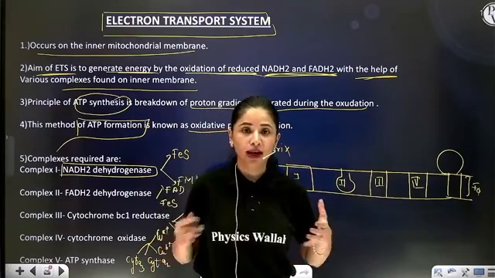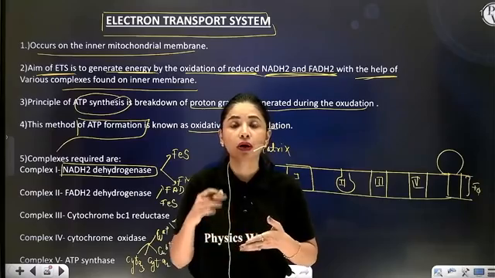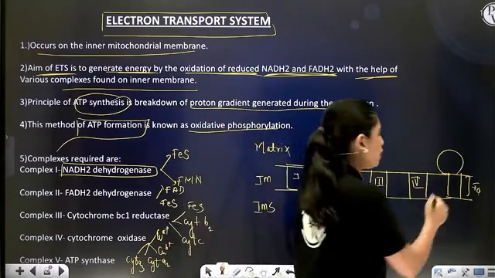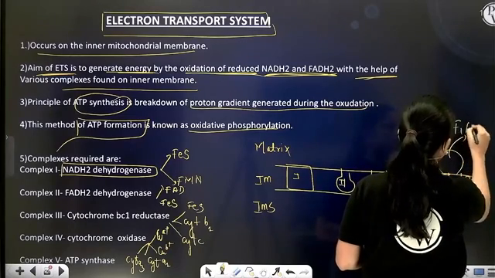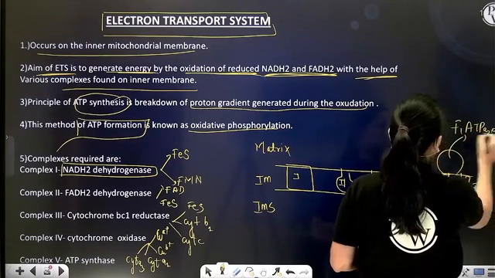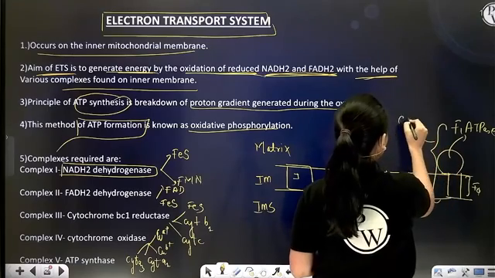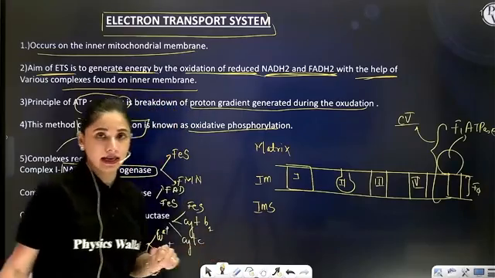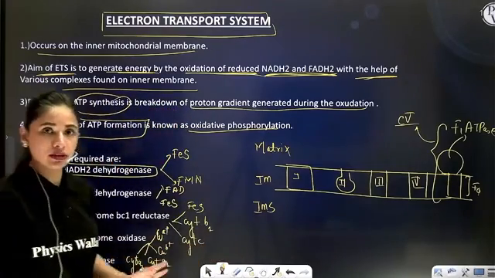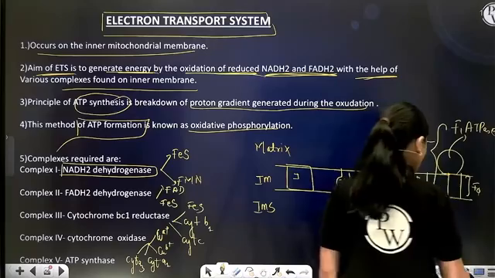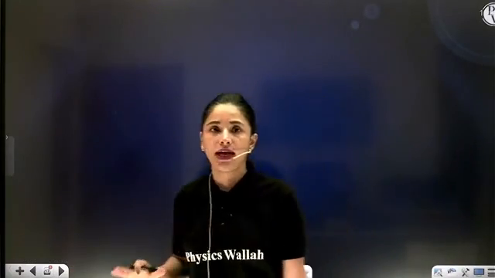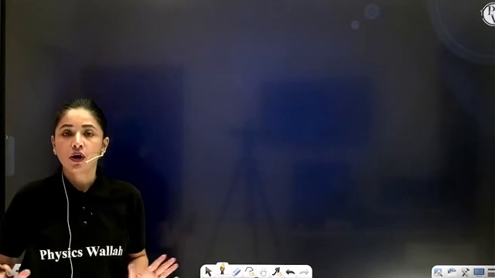and while going back they will face the bulged part of the enzyme called F1 ATPase, which is bulging towards the matrix of the mitochondria. So this is F1 ATPase, and this complex part together is known as complex 5, the enzyme ATP synthase. I hope you have understood whatever is written on this page. So without delay, let's start with the process of ATP synthesis by oxidative phosphorylation on the inner membrane